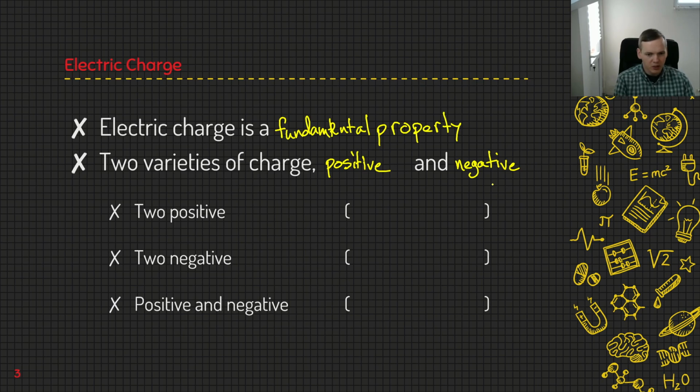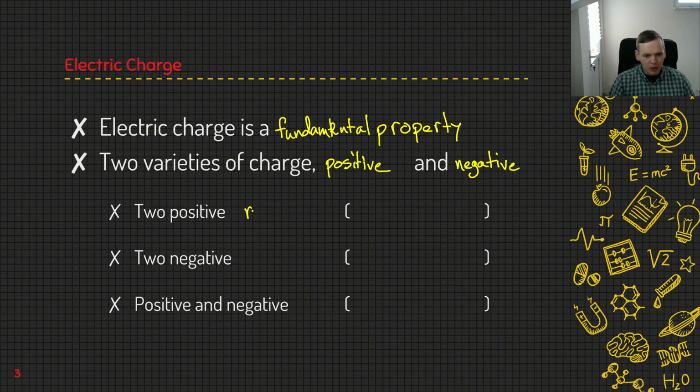We could call them charge A and charge B. We could call them blue and red. It's just a historical reason: as they were developing their thinking, they called one positive and the other negative. But it is useful that they are positive and negative, as you'll see in a bit, for some math reasons. But what we ultimately care about is that there's two types of charge,